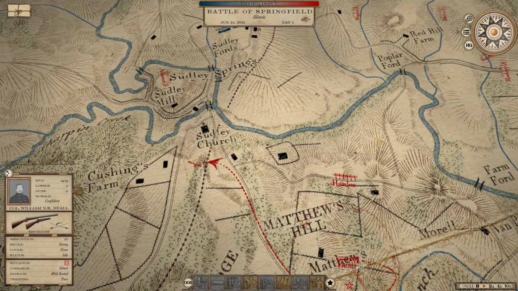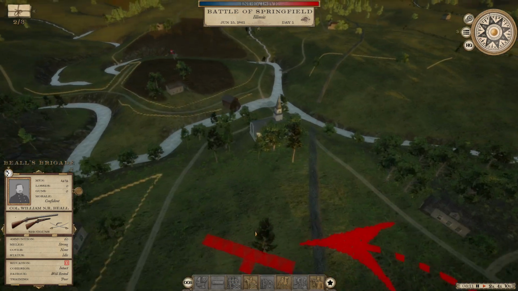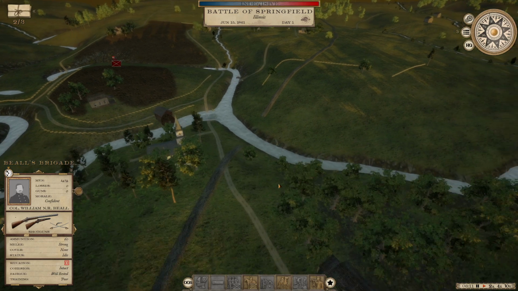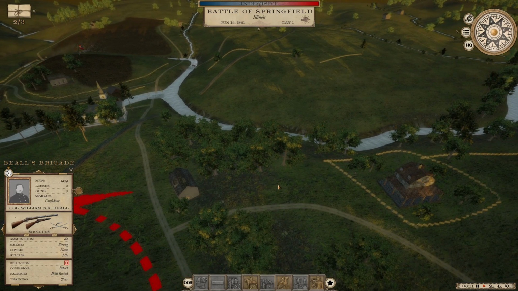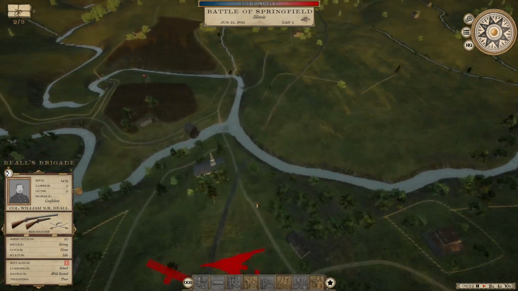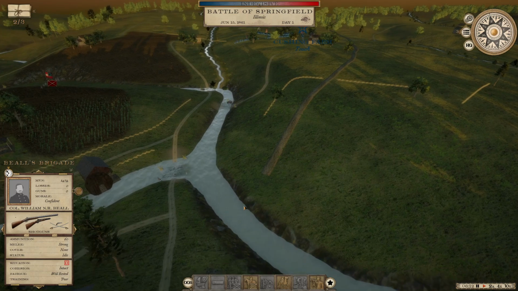Who's this? Beale is going to be ordered behind the Sudley Church with the option maybe to move up and contest any movement here. It's actually a strange place to see the unfinished railroad. I mean, you need a bridge here. But anyways,